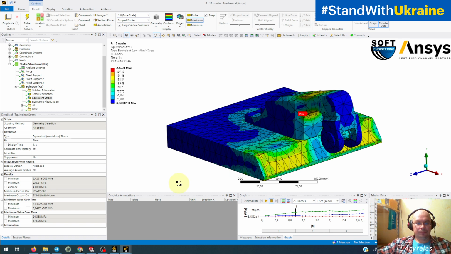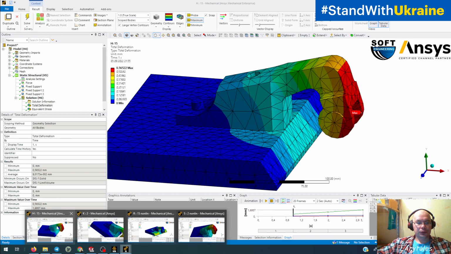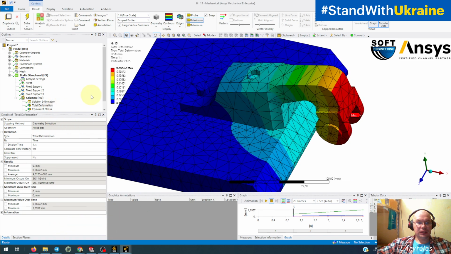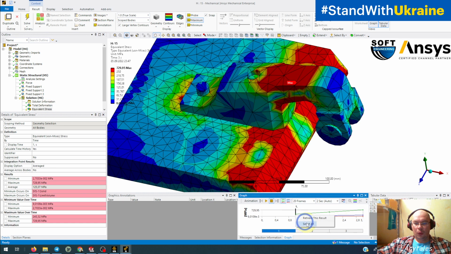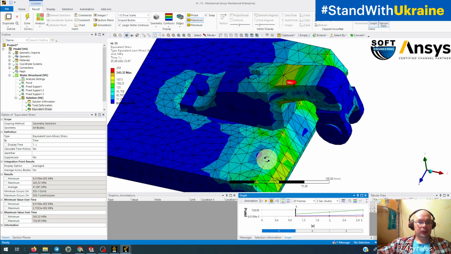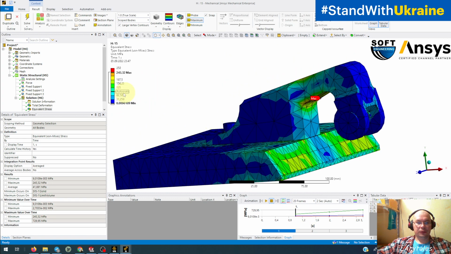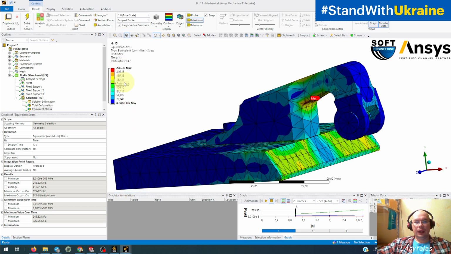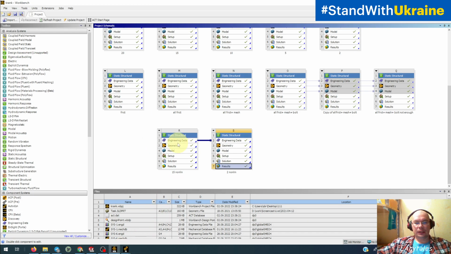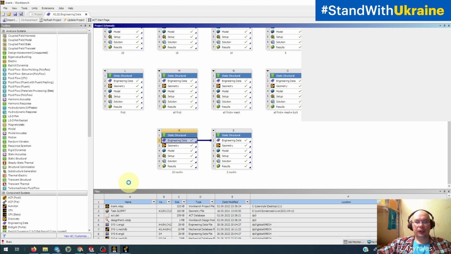So first of all, we need to see that our deformation is 0.5657 and our stress, with 10,000 of megapascals, is around 243 megapascals. So let's add some nonlinear materials,